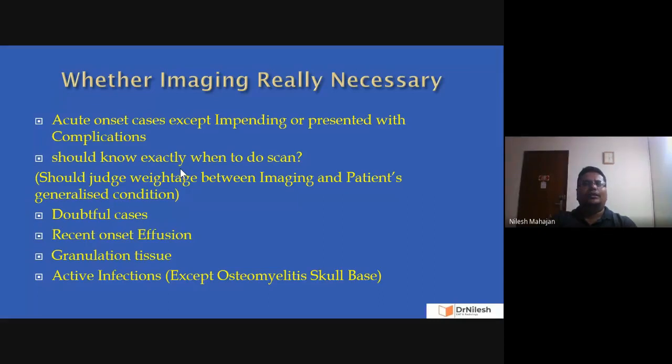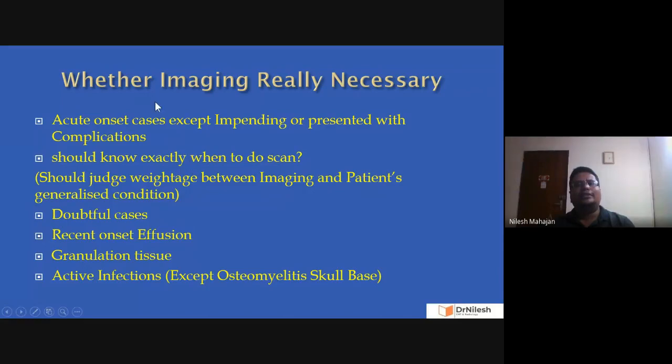Suppose you have doubt about some case, and you are not able to understand in the first instance whether you should do a scan or not. I will advise it is better not to do it for some weeks, like 1 week, 10 days or 15 days. Once a doubt comes to your mind whether a scan is required or not, it is better to avoid scanning at that stage. You can repeat it or you can do it after 1 week or 2 weeks.